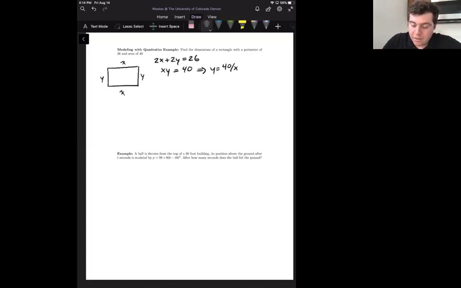We're going to take that 40 divided by x and plug it in above. So we'll have 2x plus 2, and we plug in for y, 40 divided by x, equals 26. And now we have one term that's being divided by x, so it doesn't actually look like a quadratic yet. But if we take our equation and multiply through by an x, so multiply both sides by an x,